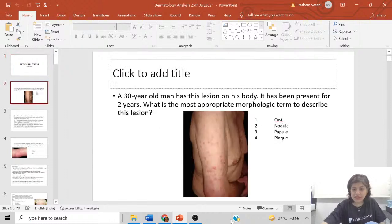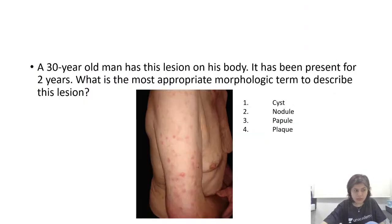Okay, so let's go to the first MCQ. You have a 30-year-old man who has this lesion on his body. It has been present for the past 2 years. What is the most appropriate morphological term to describe this lesion? Will you call it a cyst, nodule, papule, or a plaque? If you look at the lesions here,